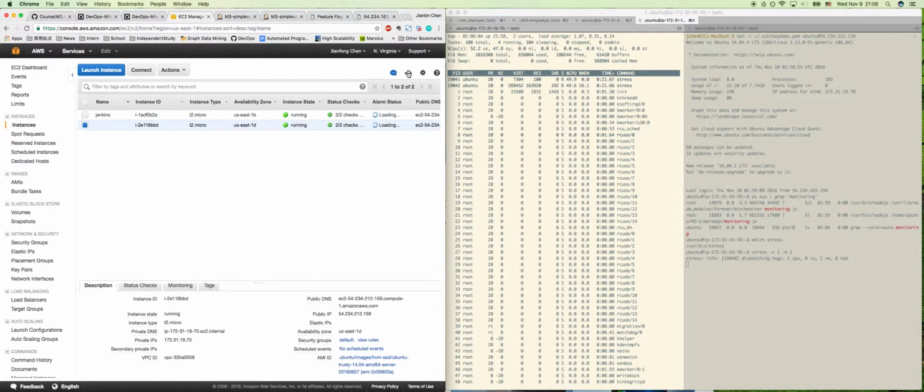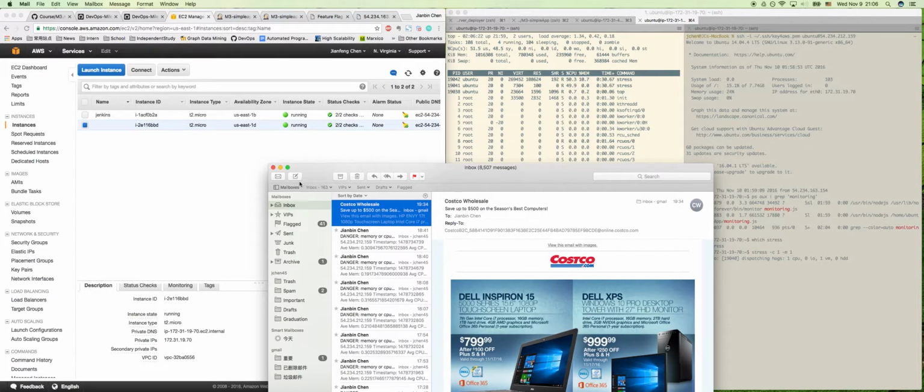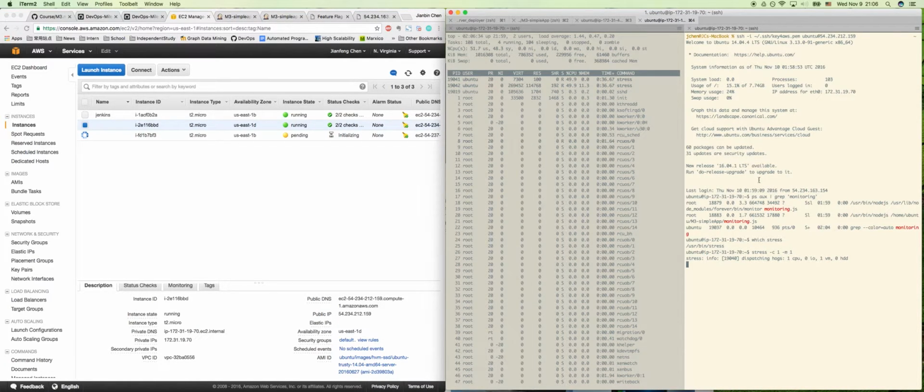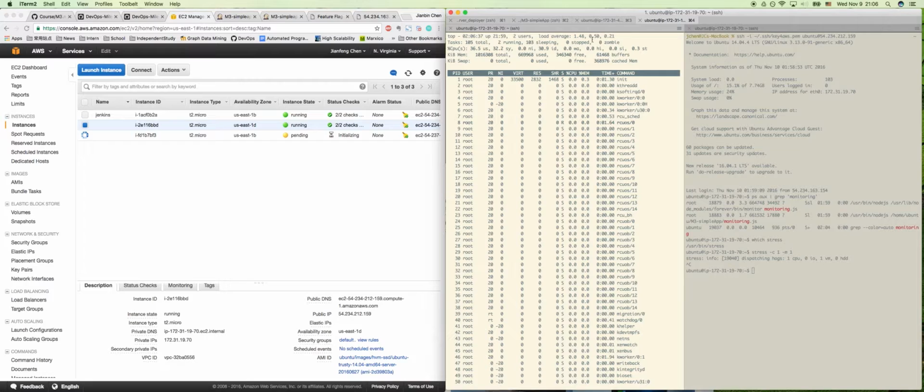So we think the AWS EC2 instance can be overclocked. So we just wait. It should happen soon. Yeah, as you can see, we'll try to refresh the instances. Oh, okay. As you can see now, a new instance is created, and we just try to close our stress